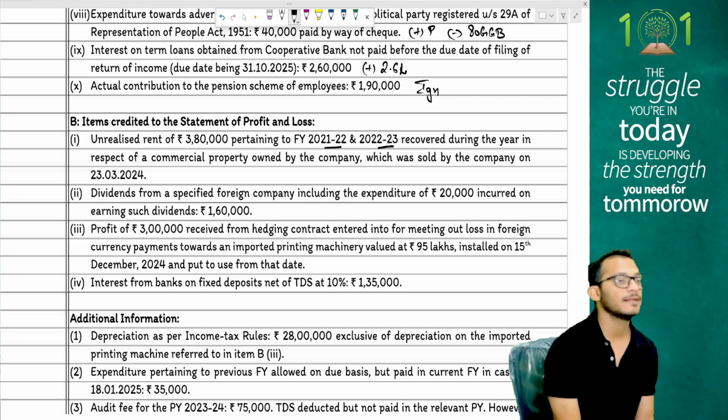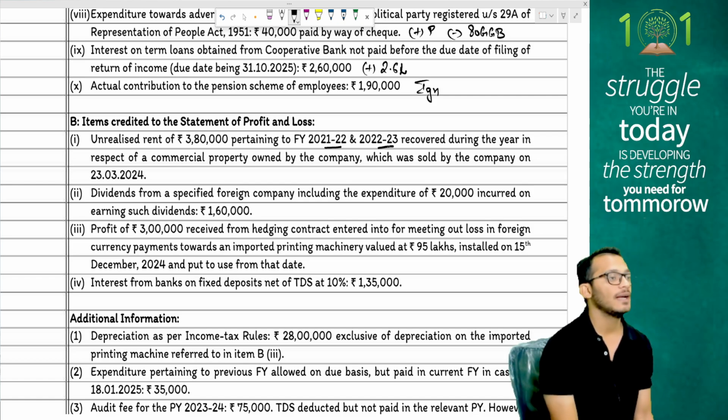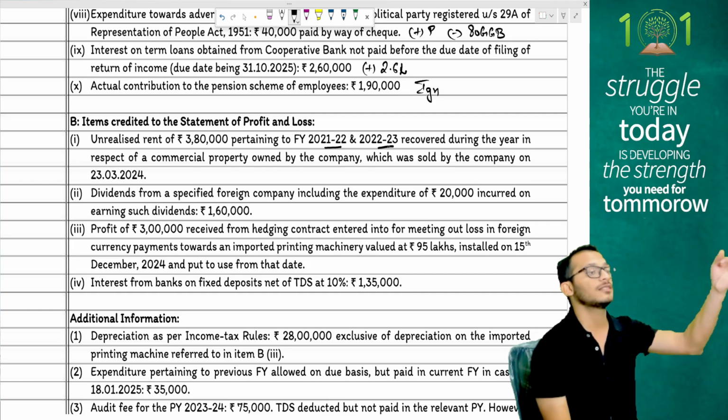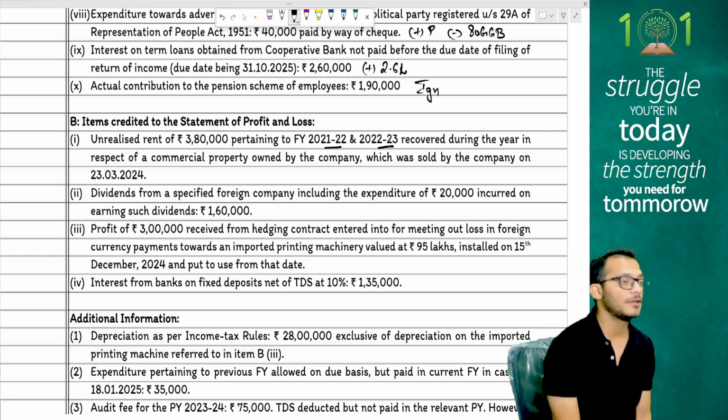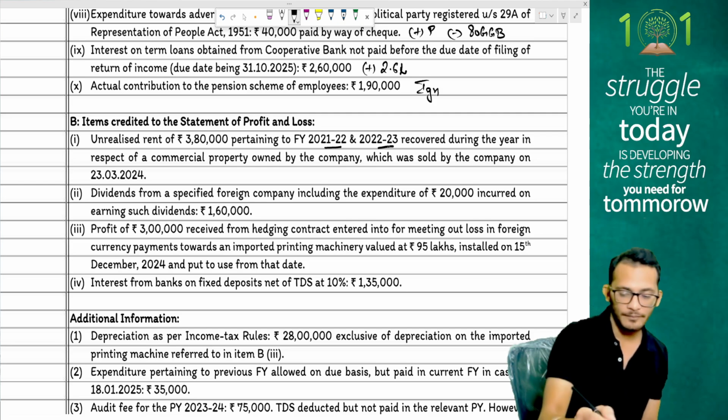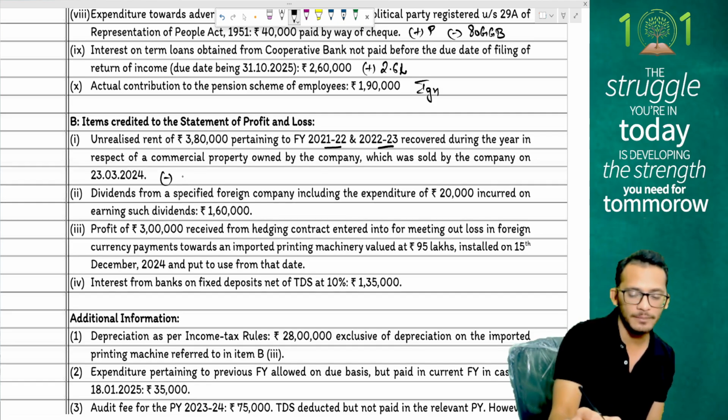Yes, people, this will be taxable under the head HP. Whatever rent you allowed as deduction earlier has been recovered right now. So this will be in the year of after. Very good. First of all, remove this from and take it to HP after